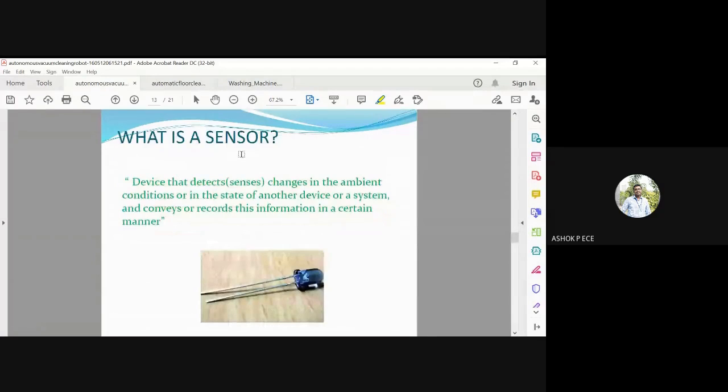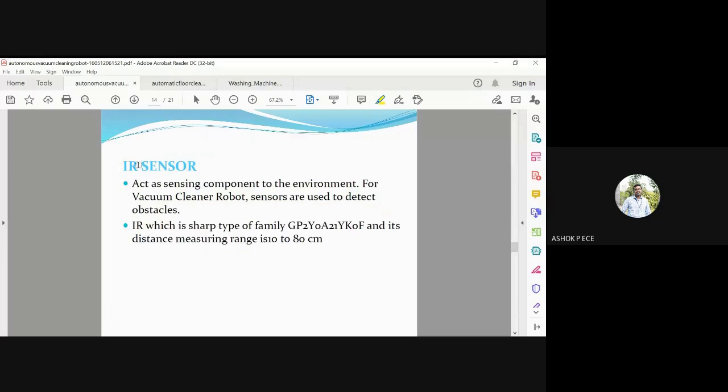A sensor is a device which detects a change in physical parameters and conveys the information, or records and keeps it. This is the definition of a sensor. Here we are going to use an IR sensor for detecting obstacles. As you know, the robot is moving along a direction, so for four directions you can have four IR sensors, or you can have a single IR sensor in the forward path alone.